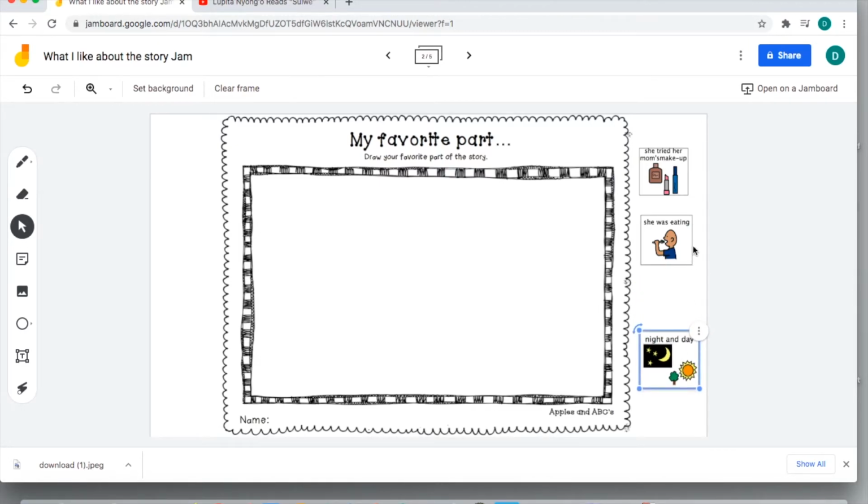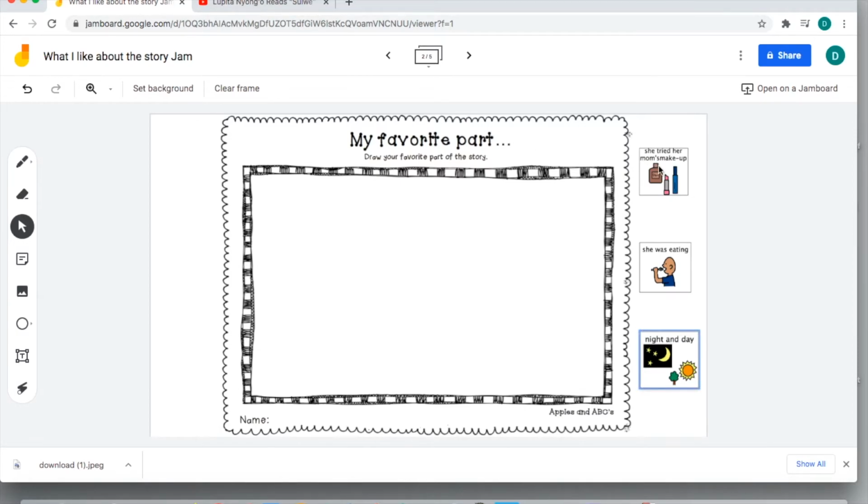If they're able to do it on their own, fantastic. They don't need any of these, and you can just go right up here and delete that if you don't want it, right? For your students that may not need that support. Or you can go in and add any sort of icons, or if you notice a part of the story that your students were particularly interested in, or they laughed at, or they really liked, or they seemed to be smiling and encouraged about, then you can go in and make an icon that would represent that part of the story, put it in there so that you can support your students visually, even though you have an open-ended question, right? So we can still provide that differentiation and that scaffolded support for each of our students,